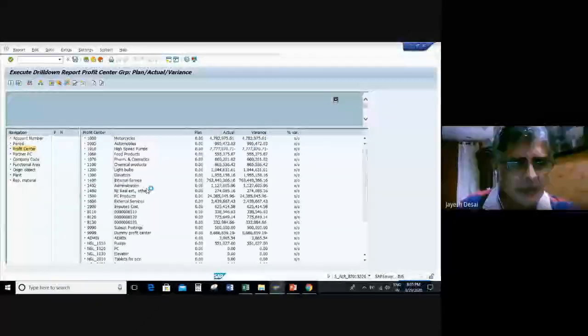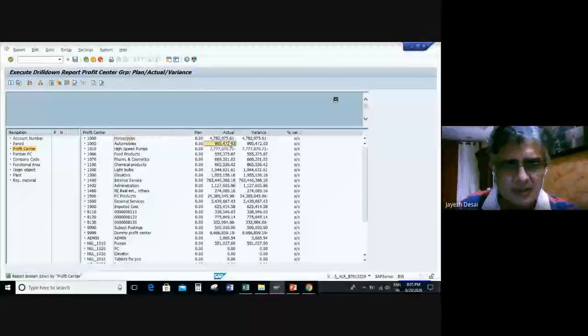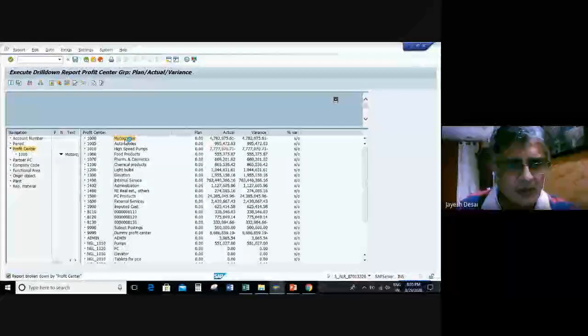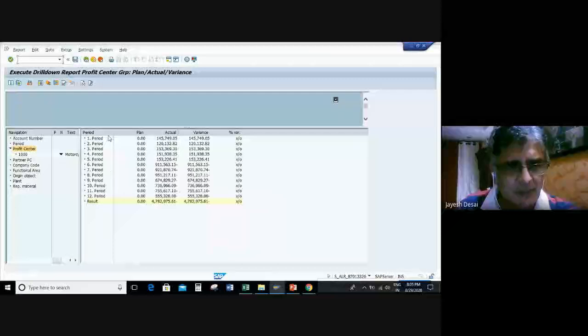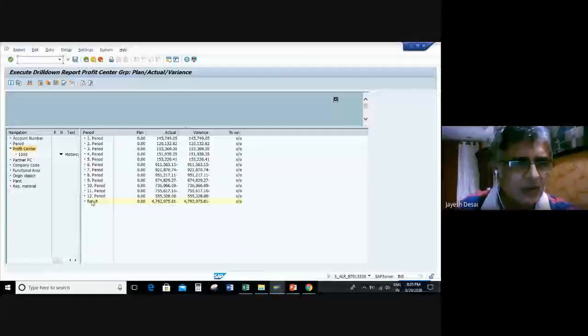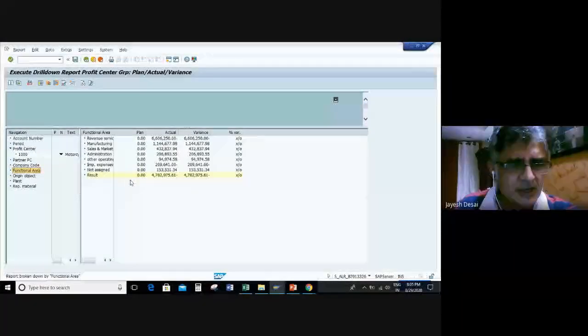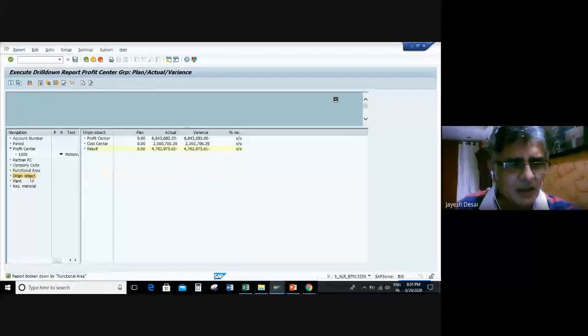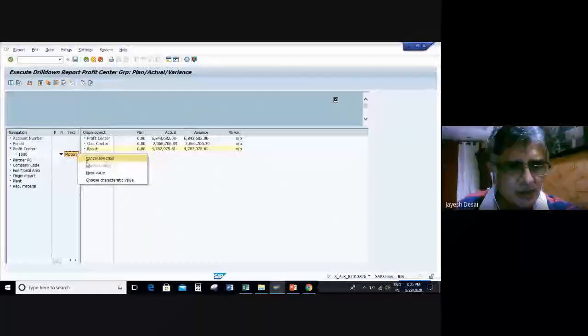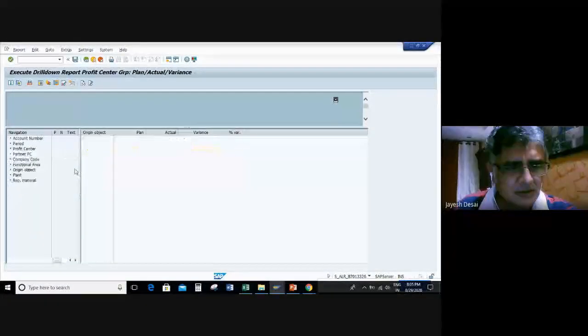If you want to see it by SBUs, then you have motorcycles. Okay. Want to see motorcycles further, you can see it by period 1 to 12. You can see it by functional areas: revenue, service, manufacturing, sales and marketing. You can see it by origin object, which is, I'll show you one second. Cancel the selection.